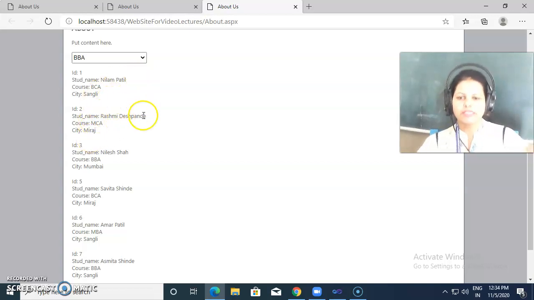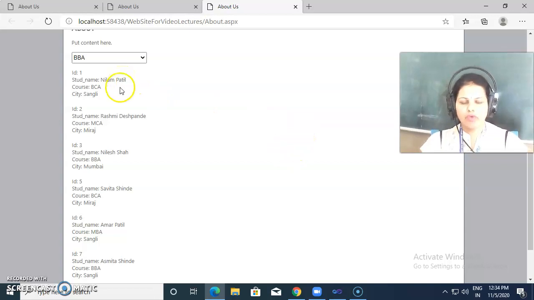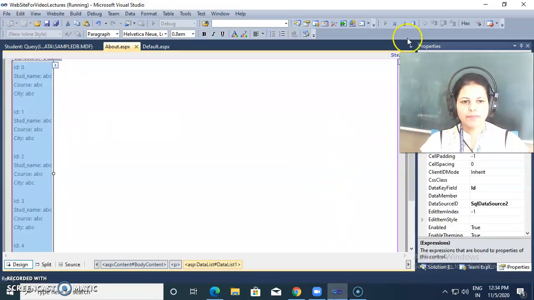So you may take the data list as it is, but for some projects the requirement is like in one row I want 2 or 3 students' data, then on the next row I want 2 or 3 students' data. Here in one row there is only one student record, but I want 2 or 3 student records in one row. So we can do this, and we can change the design of this record or displayed template according to our choice. So how can we do it?